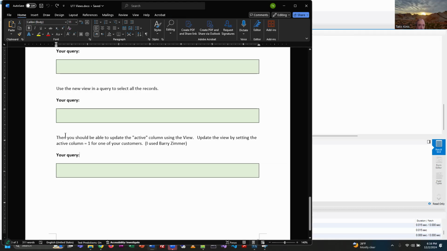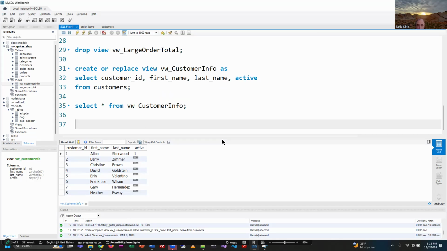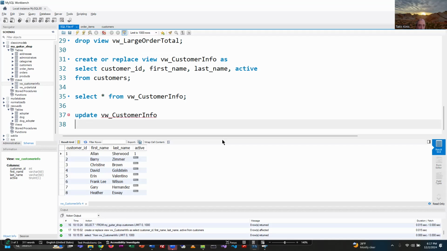And it says you should be able to update the active column using the view, right? So instead of building the query from scratch, I don't have to rewrite the query, you see, right? This is kind of the point. So we'll do it like this. I'm going to update the view. So this is a thing we can do with views, by the way. We can update them. So we can update customer info, where we will set the active column